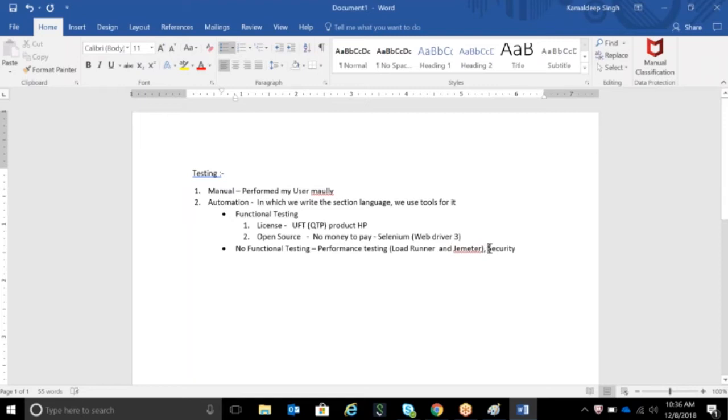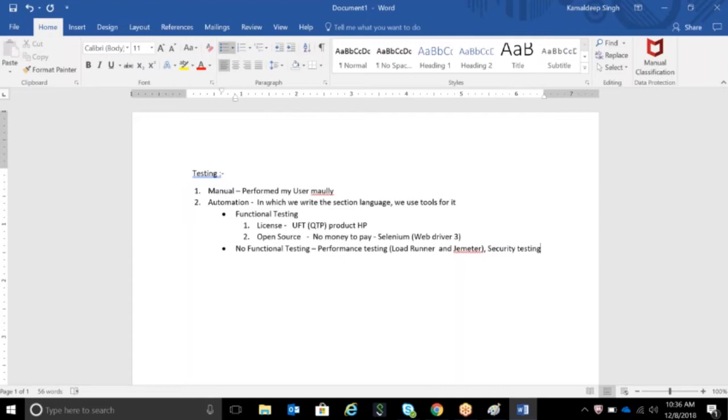Okay, and what does security testing mean? Security testing means that you want to make sure that whatever you are doing is safe. For example, you have PayPal. For doing your transactions, you are entering your credit card details and so on. You have to make sure that your details are not getting leaked, or that the application is not getting hacked by someone. To make sure it is not hacked, we have security testing, in which the user's information is not leaked out.